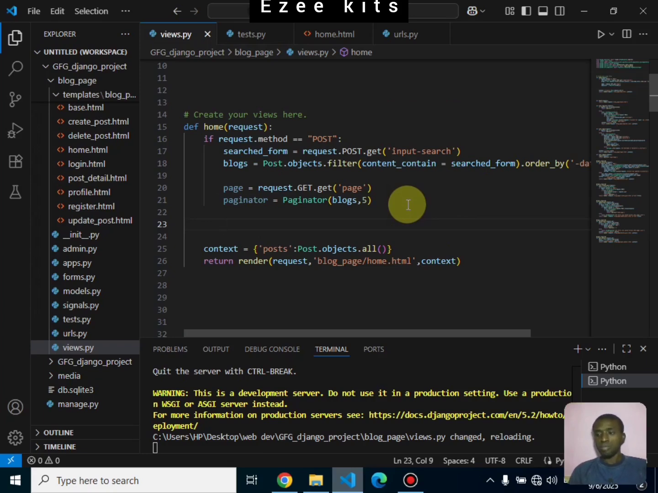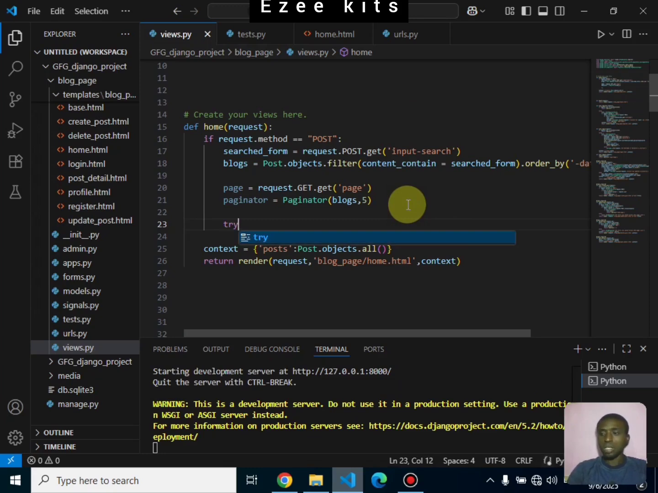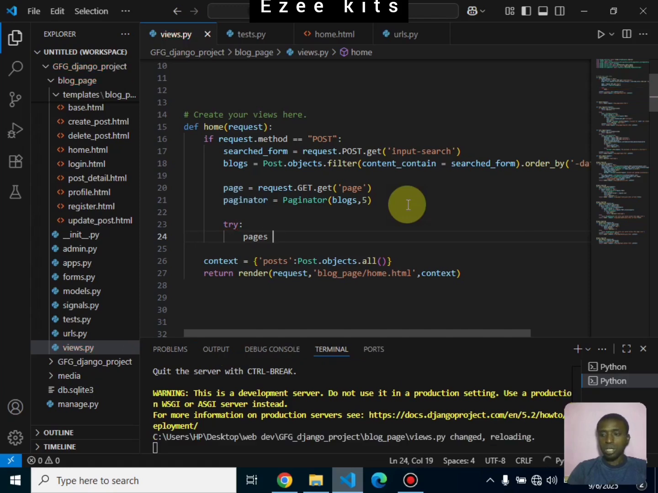We can make use of try and except to handle some errors. So we're going to say try. We're going to set our pages. We're going to set it to what equals to. We're going to set our paginator